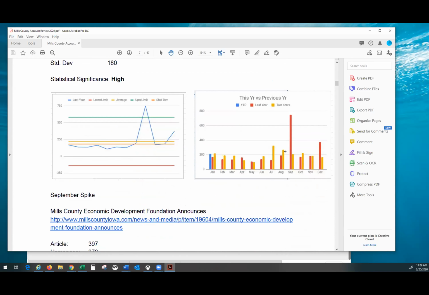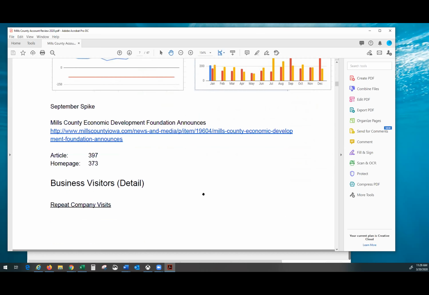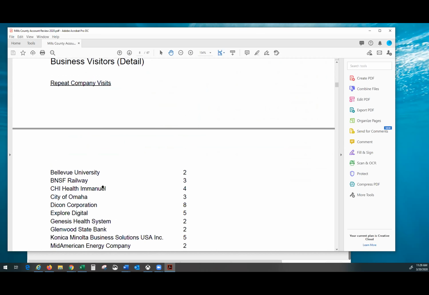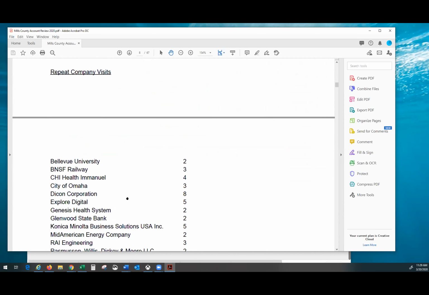We can start to look at year-over-year growth. We can start to look at, were you statistically significant? In other words, were you actually driving the results you wanted to drive, and were they just not by chance? In other words, did something happen that drove traffic that we can't account for? And we can look at that and say, nope, we were doing the efforts correctly, and those efforts were driving the right results. And then I can get down into taking the visitor detail right out of Lead Forensics, and